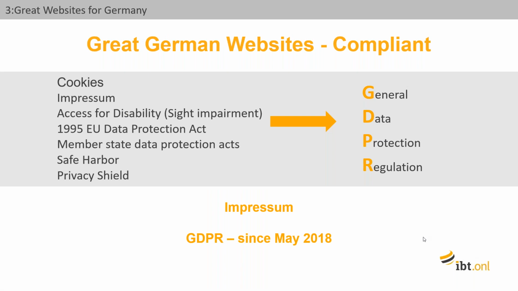I'm going to say a very, very brief word on GDPR and Impressum. These are the two major compliance must-haves for a German website. Europe leads the way in terms of data protection and regulation, and the leader in Europe is definitely Germany. So this is an absolute must-have for anyone looking at a German online experience: make sure you are absolutely compliant with all regulations and protection. The two biggest ones that you need to know about are Impressum and GDPR.